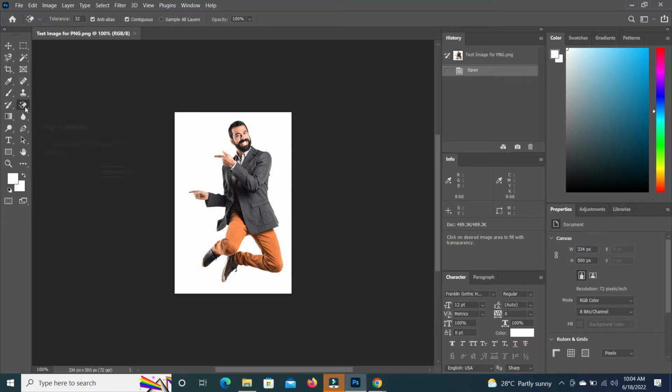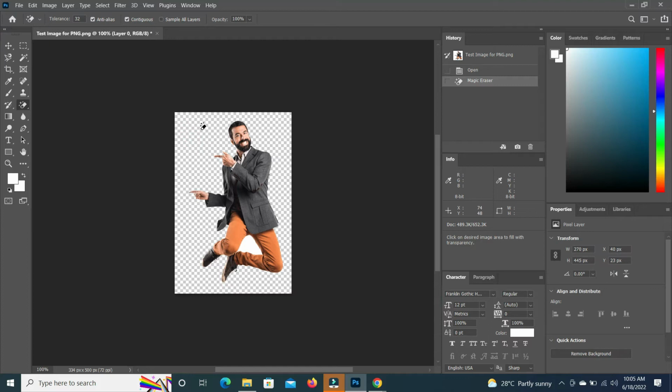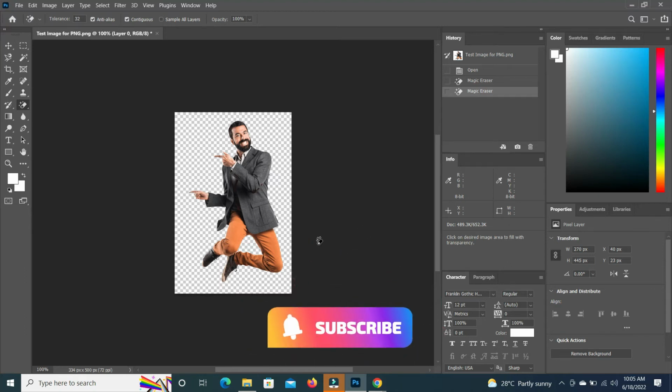We just need to go over to this tool and select the magic eraser tool, and now click on this. Now you will see that our white background is removed. You can also click on this to remove the background color from this. And now you'll see that our image is in the PNG format and we can use it in our website